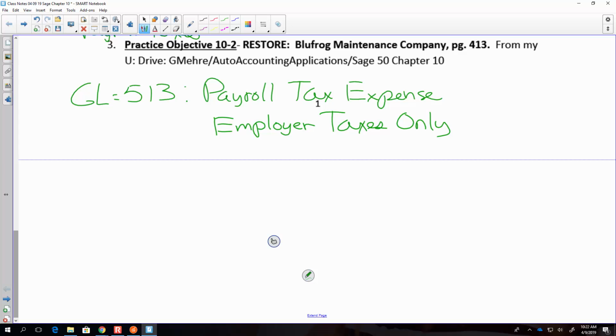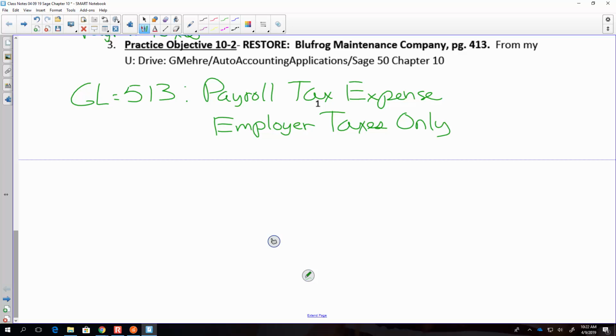Employer taxes only for 513. Now, as a company, if you want to see how much you have paid for state unemployment tax, you could change this 513 and call it 514, state unemployment taxes, right? So again, it's by company how you wish to